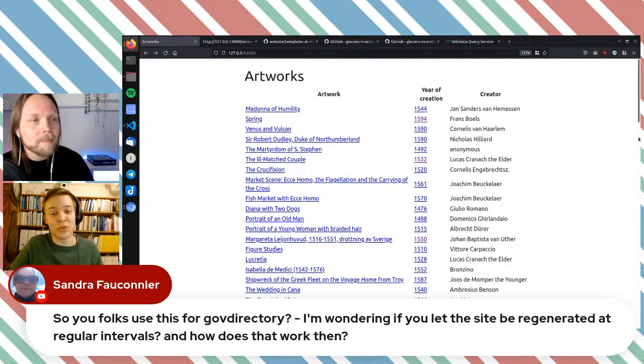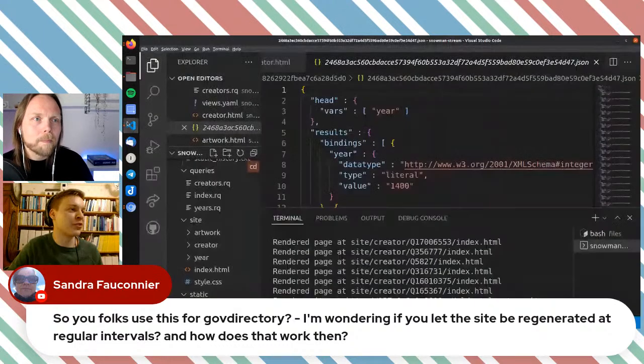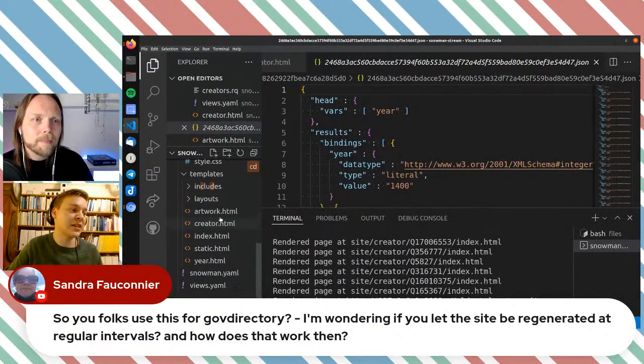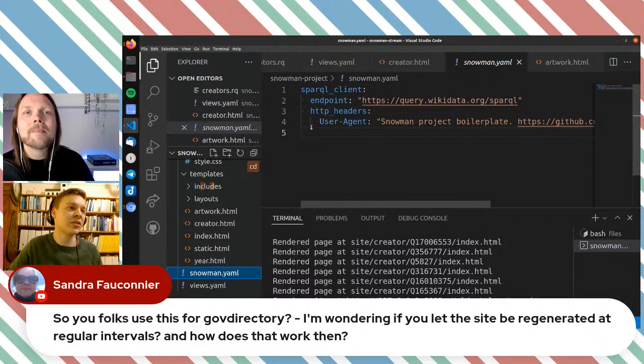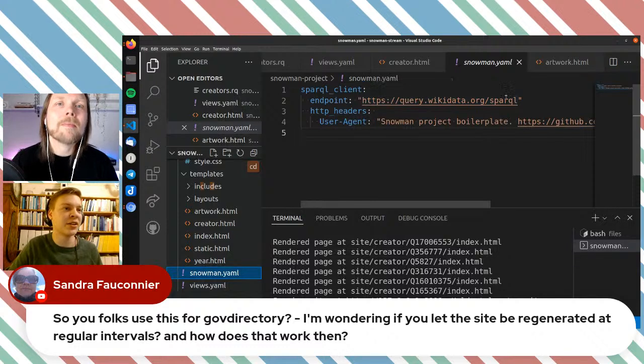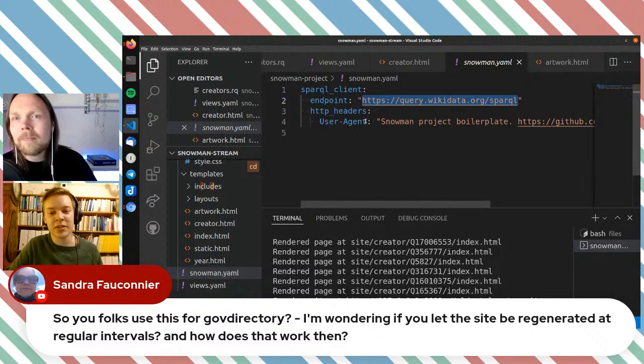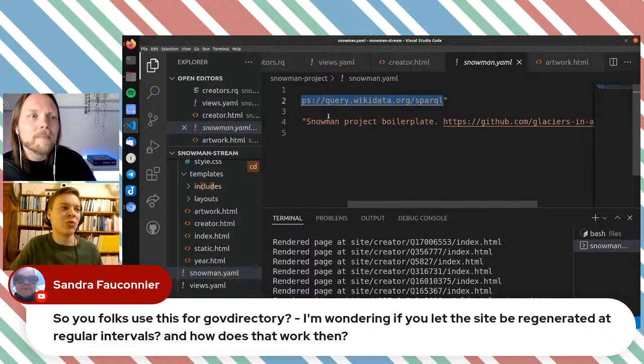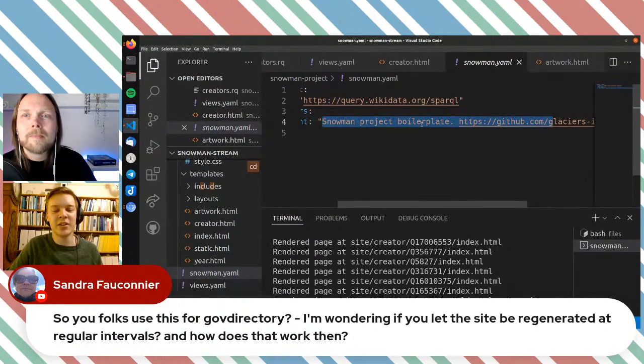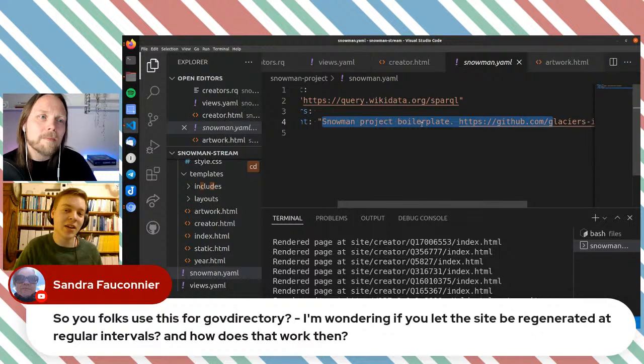We have just been using Wikidata here, and GovDirectory, which we also showcase, also uses Wikidata. But Snowman is built to work with any SPARQL endpoint. It's just a configuration file, which I should have showcased because it contains one very important aspect, which I have ignored today. If we go into the configuration here, the default one which we generated, here is just this Wikidata endpoint. But here is also the user agent. And it's super important, actually, because Wikimedia has a policy that you should always have a unique user agent so that if you're doing a lot of requests, they can contact you.